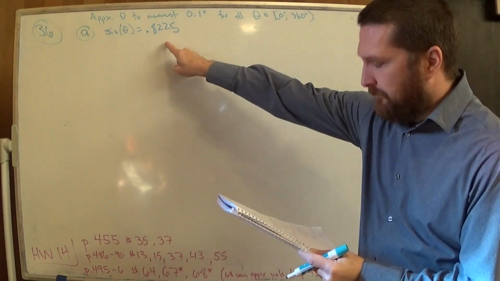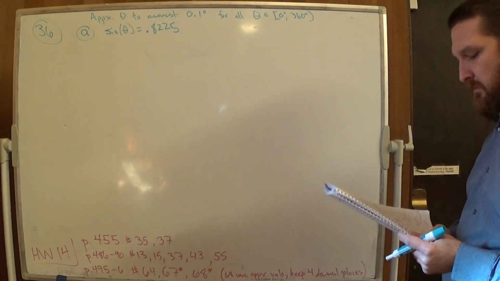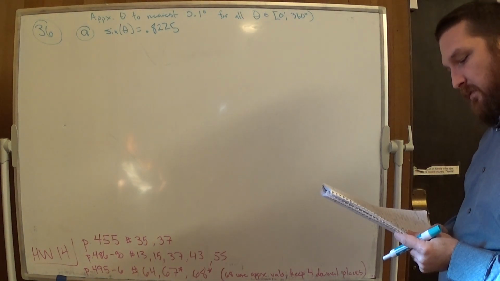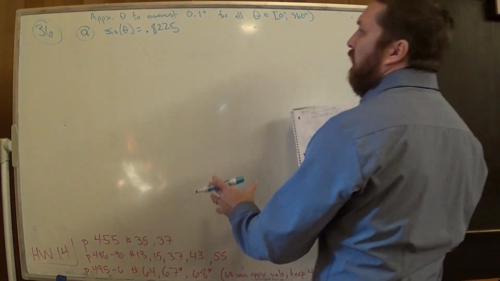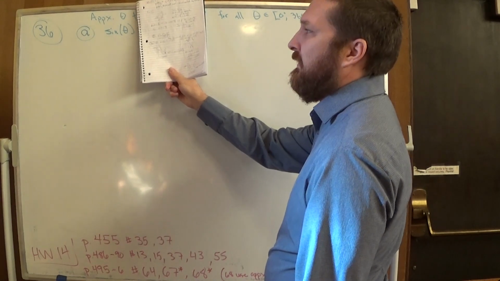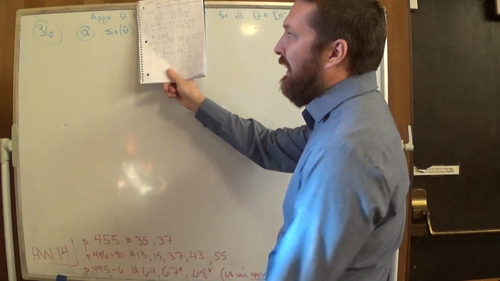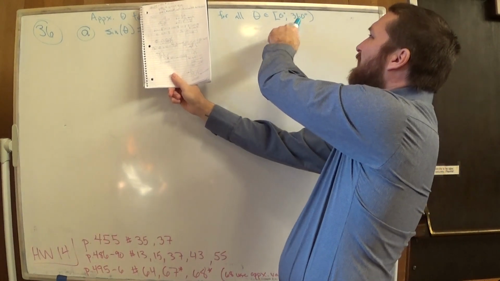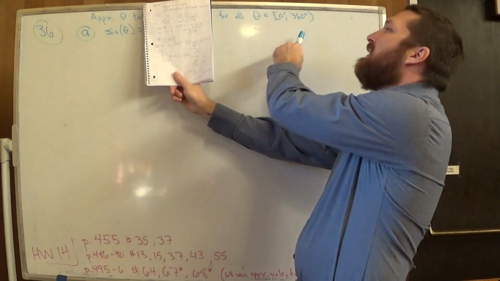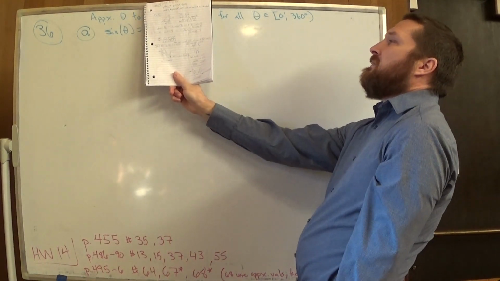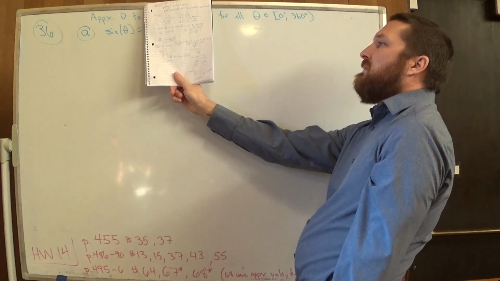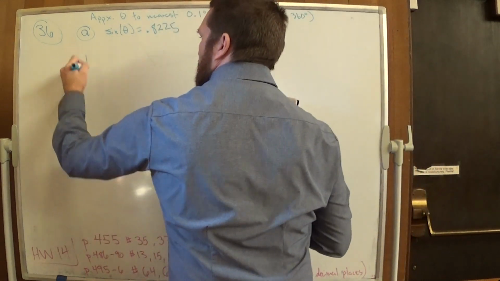So for this one, you can do this a bunch of different ways. What I like to do here is just say, well, hold up, wait a second. That's just sine theta. I know what sine theta looks like on the interval they gave me. If they gave me a different interval, I would draw it differently. But since they gave it from 0 to 360, I'm just going to go ahead and draw sine on 0